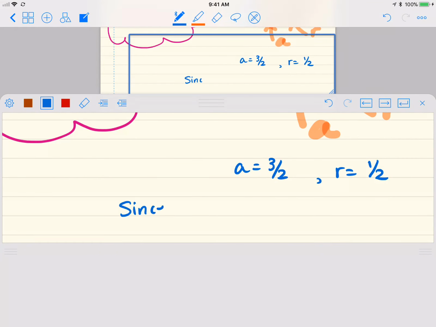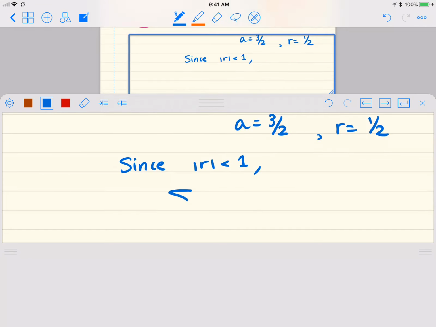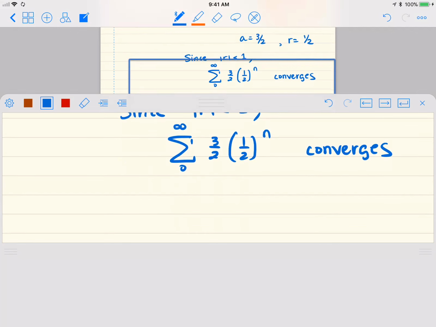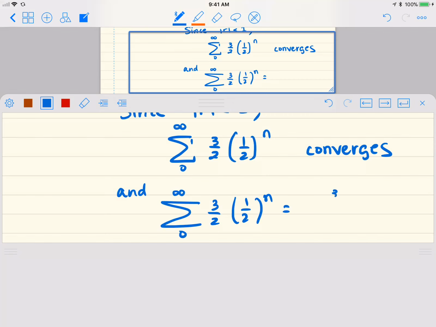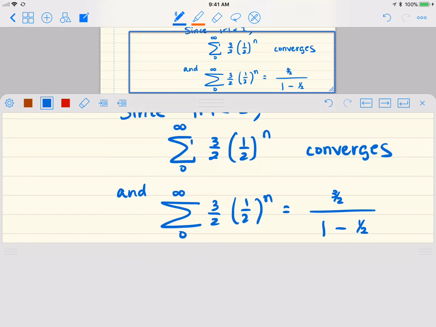So we say since the absolute value of r is less than 1, our series, 3 halves times 1 half to the n, converges, and its sum is, so remember it's supposed to be a over 1 minus r, so it'll be 3 halves divided by 1 minus 1 half, which is equal to